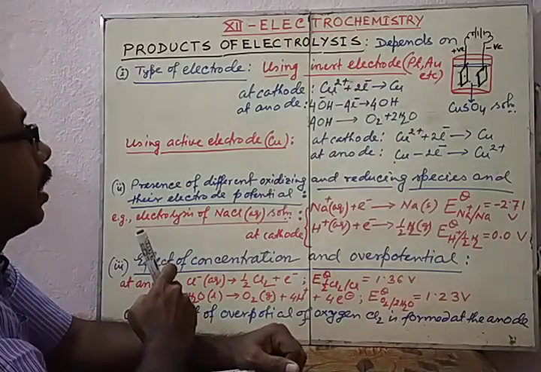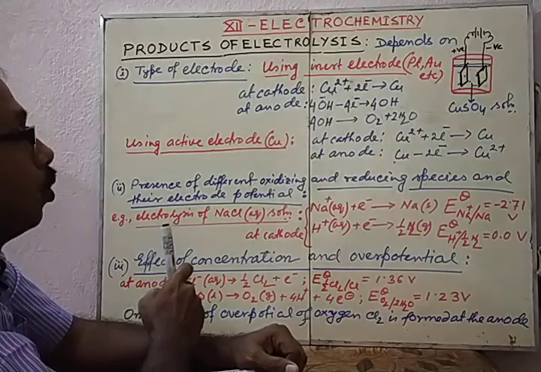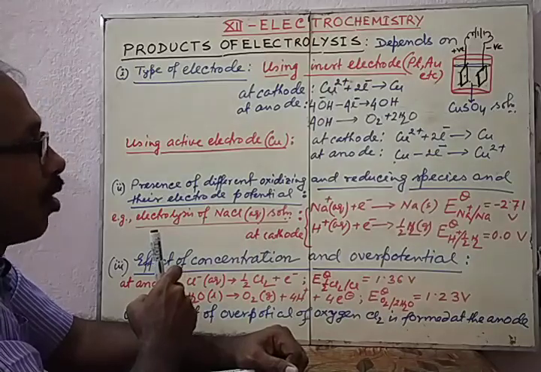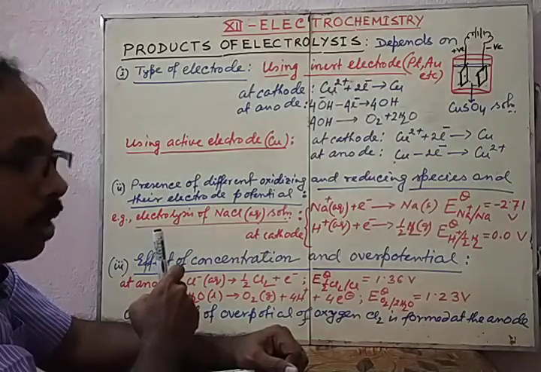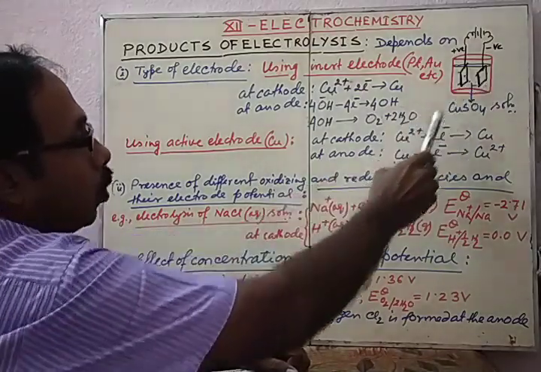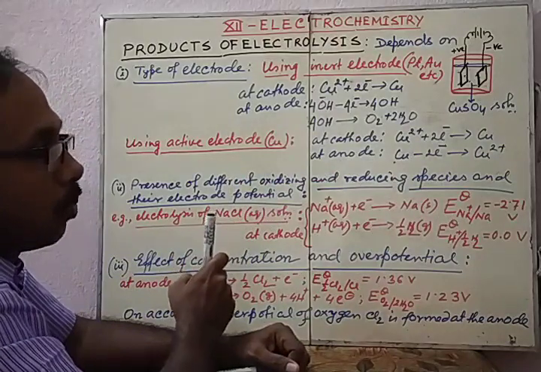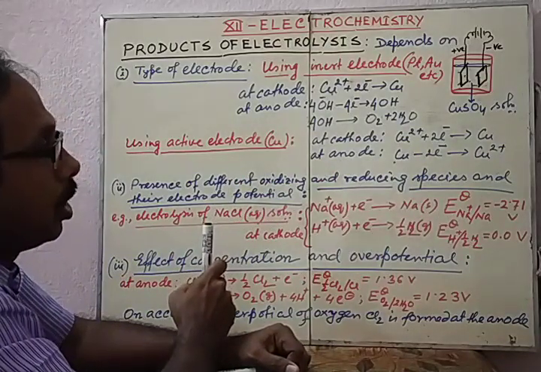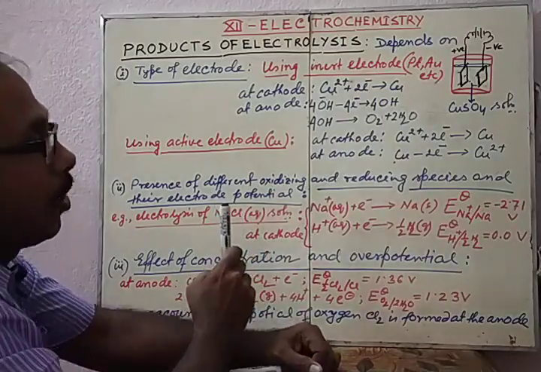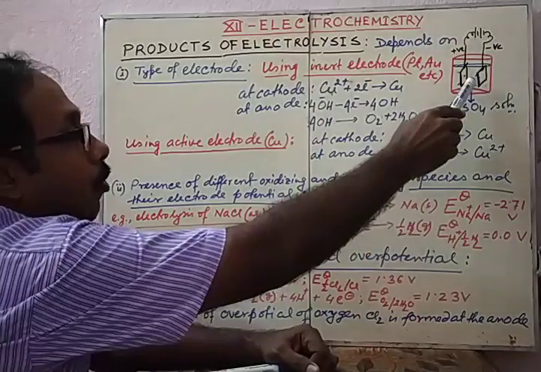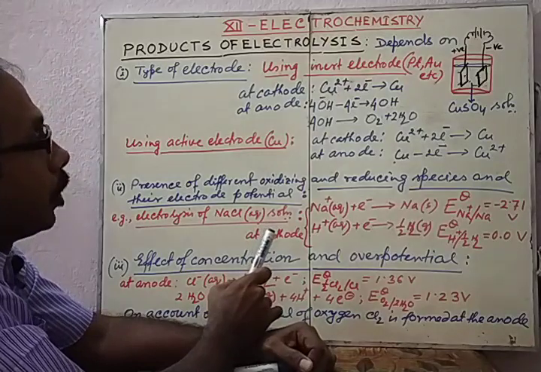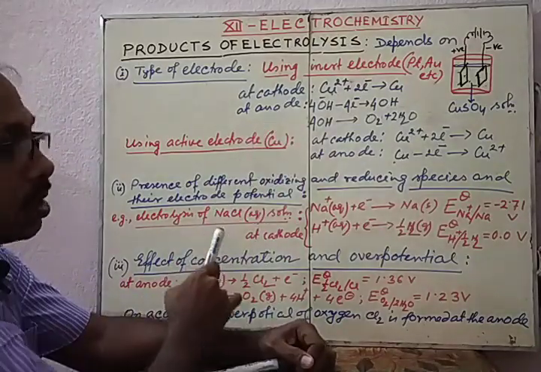But consider the reaction when an active electrode is used, that means the same process done using a copper electrode, where copper is an active electrode and participates in the reaction. We find that at the cathode, reduction of copper 2 plus ion takes place, forming metallic copper, so deposition of copper takes place. But at the anode, instead of discharging of anion, the metallic copper from the anode goes into the solution by loss of electrons. So the sets of reactions in the two cases are different.